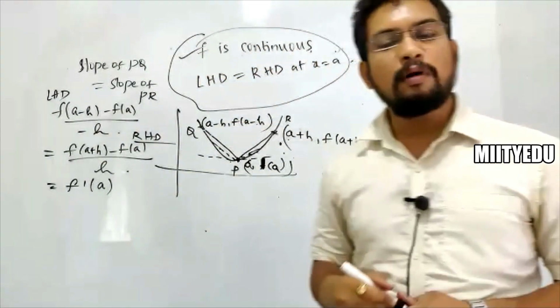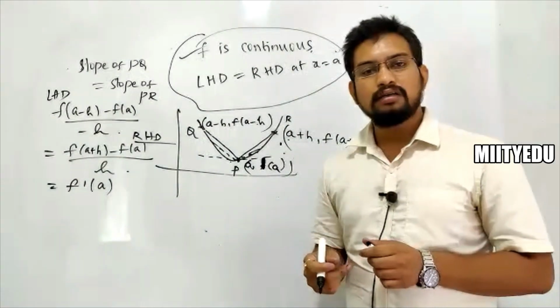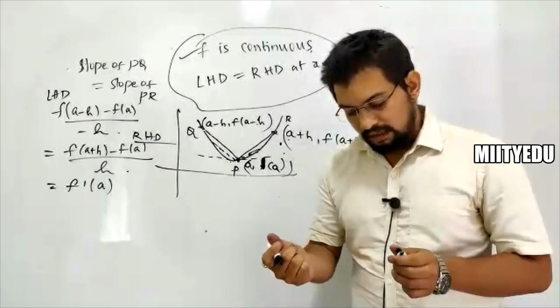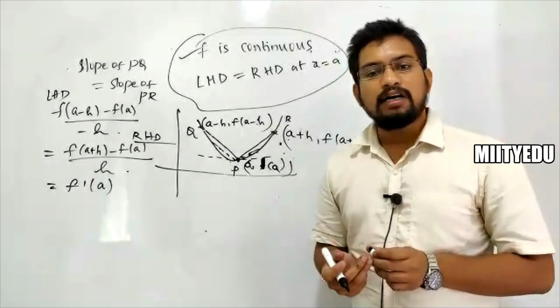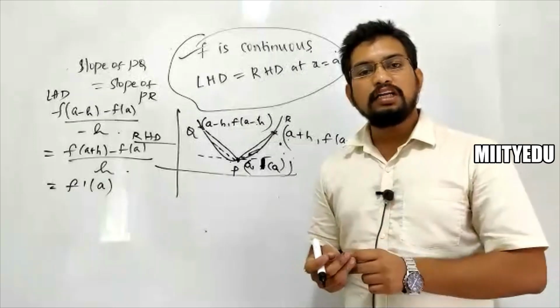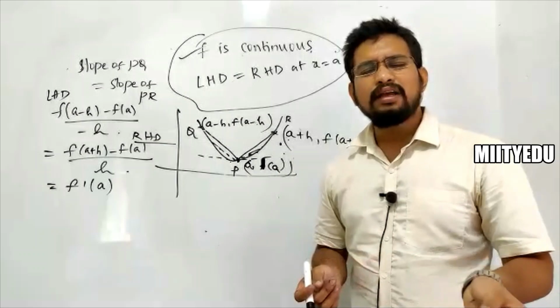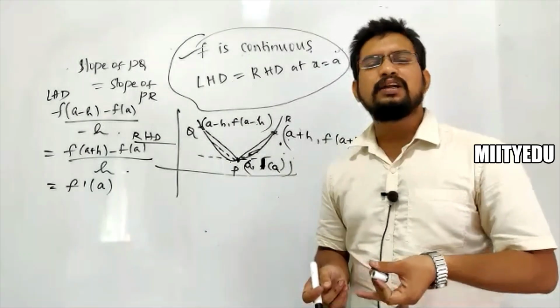You cannot talk about the slope of the tangent if the curve is not existing. Am I right? So the primary most condition is that the curve has to be continuous. Once that is continuous, then you'll move according to differentiability. Remaining everything is like the problem solving with respect to your continuity.